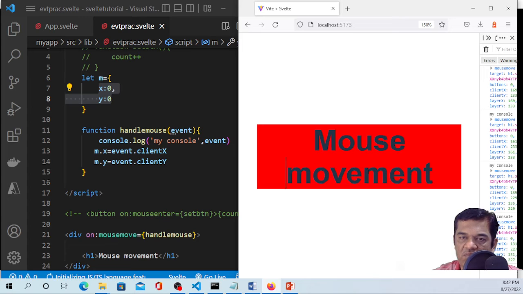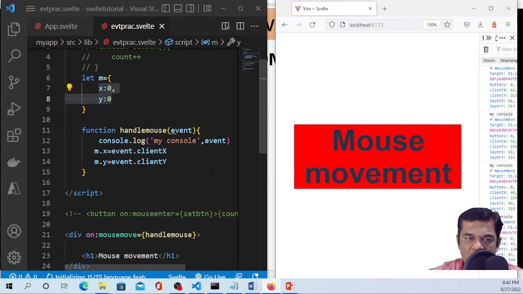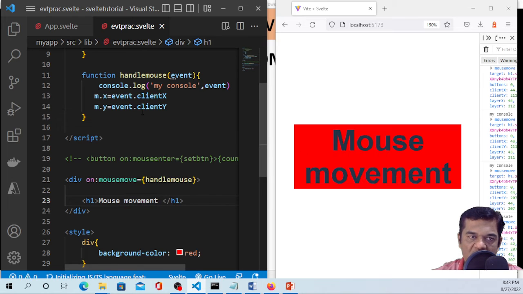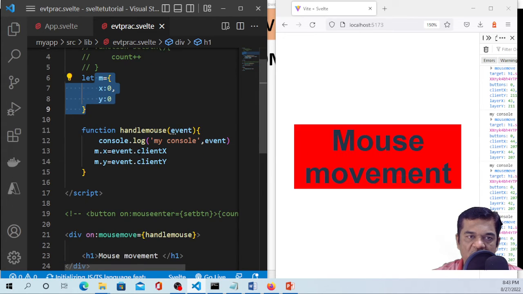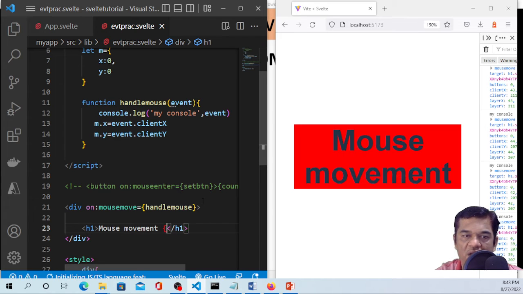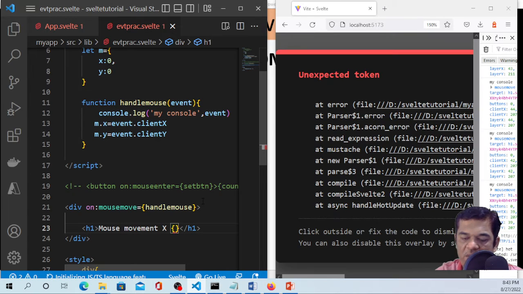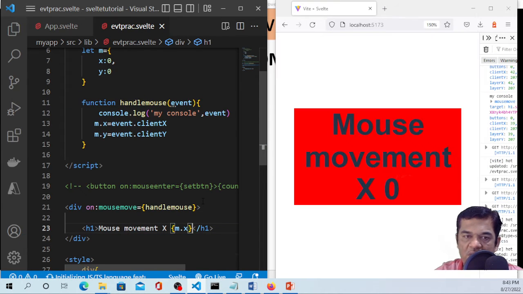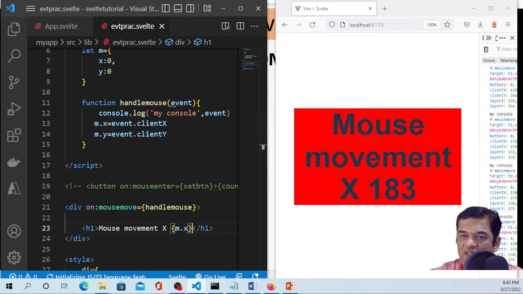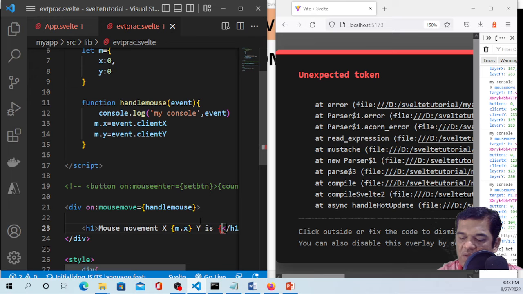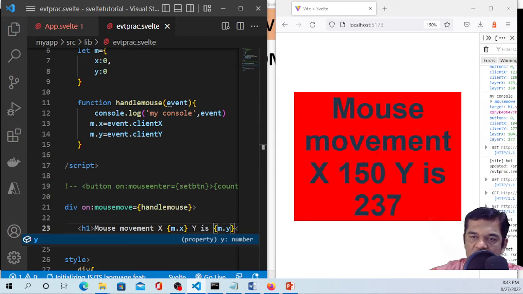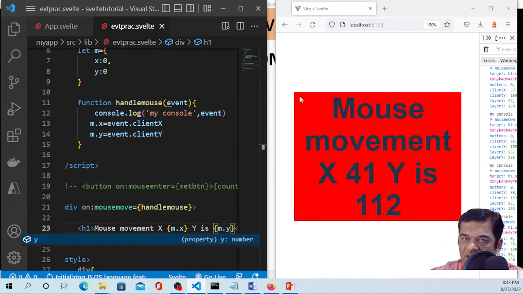So how will I print this? I will print this object here. I will say mouse movement x is what? M dot x. So if I see this, you are getting the x value now, and you are getting the y value now, m dot y. Okay, so this way you are getting the x and y coordinates in the red portion, because my